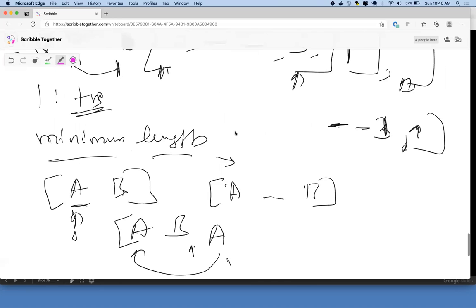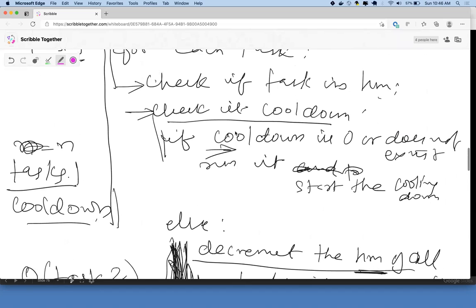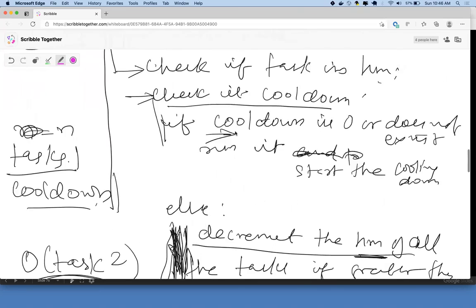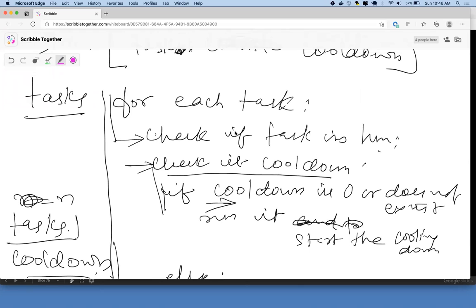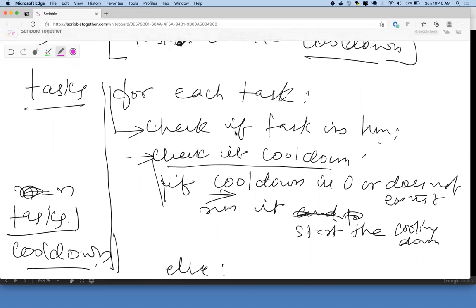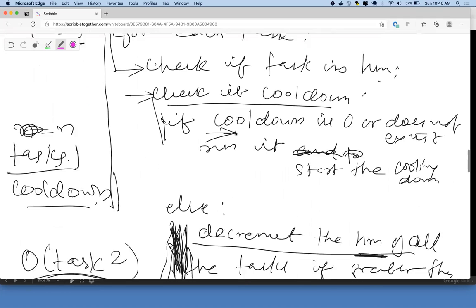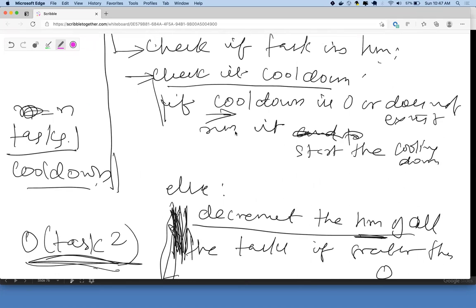Yeah. So basically, all I did is this implementation that we did here. Instead of tracking how much time is left on the cooldown, you just use run time versus current time. So basically, I'm storing the timestamp of when that task ran last time. For each task, I'm going through all the tasks. Check if the task is in the hash map, and check if the task has cooled down.